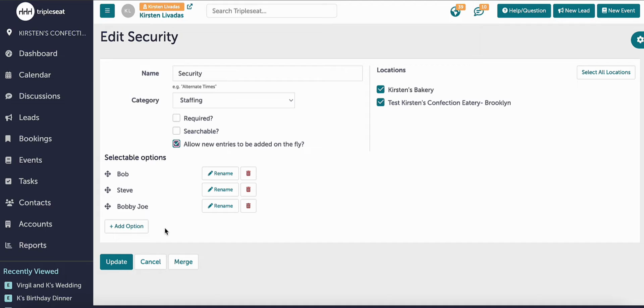I'm checking this off just because I may hire a new security guard night of the event, day of, so on and so forth, and that will allow me to enter it on the event details page without having to come back into my settings page here in custom fields. So we'll go ahead and click update,